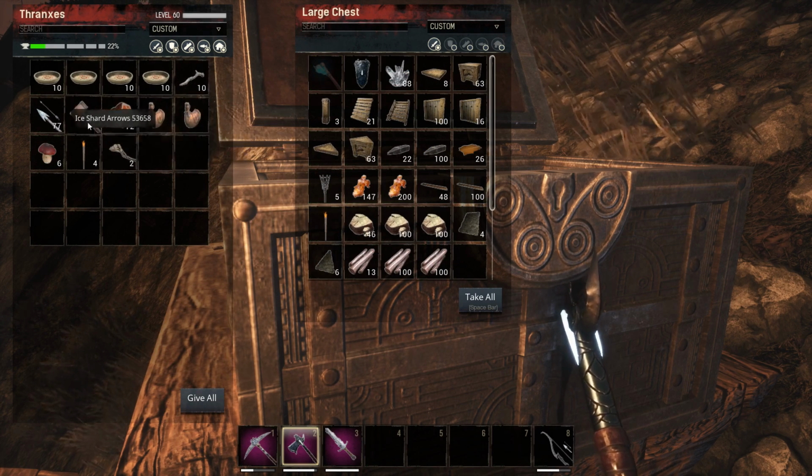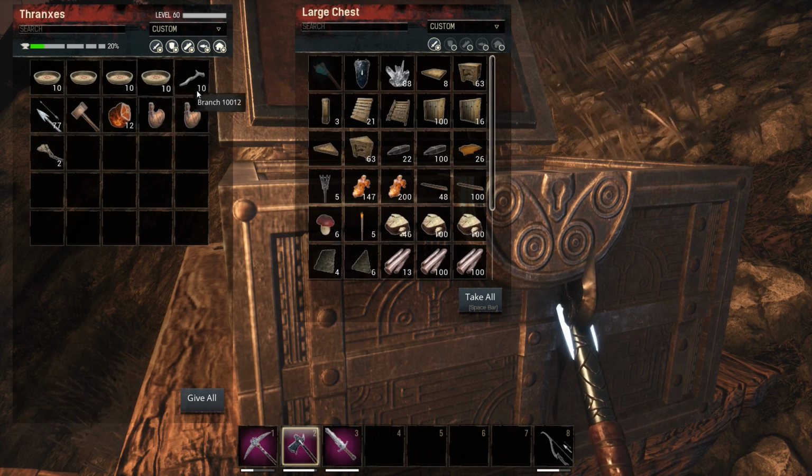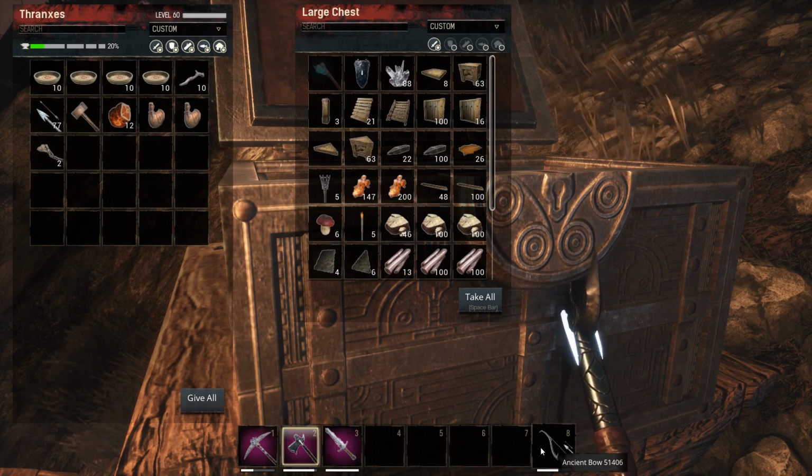Let's get some more coal, make another torch. Standing torches we don't need. These mushrooms we don't need. Ambrosia, we're going to have to build...